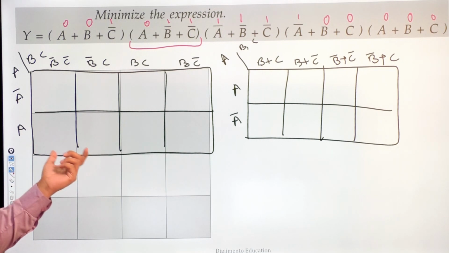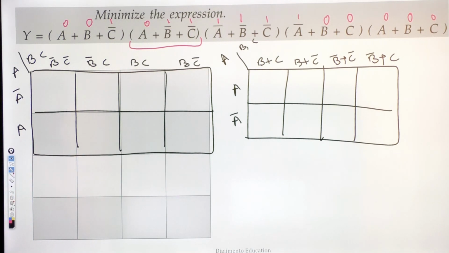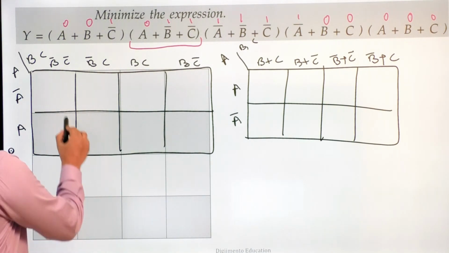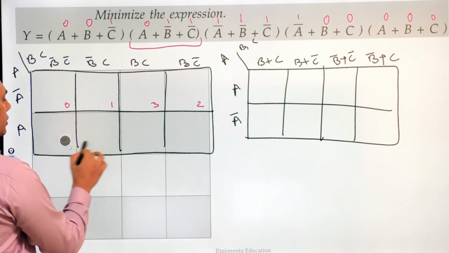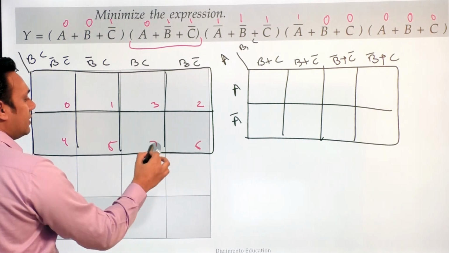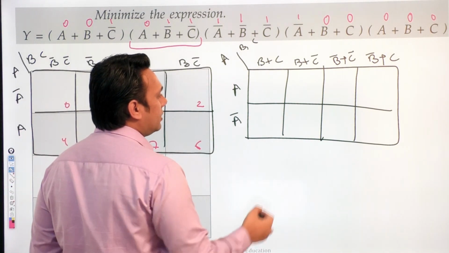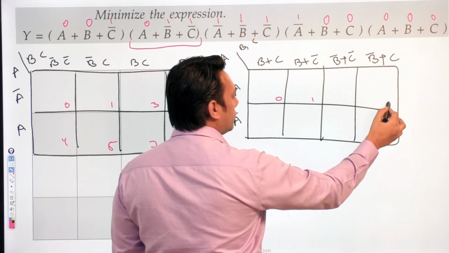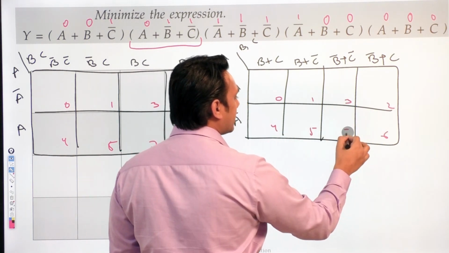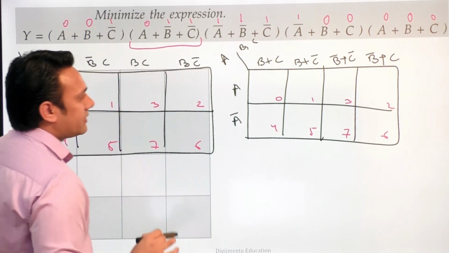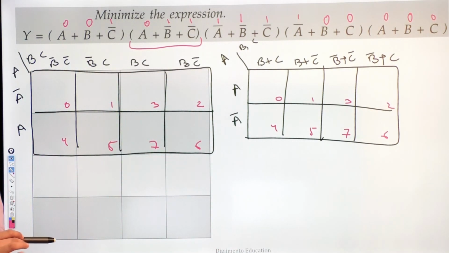दोनों जो k-map है वो एक ही चीज को represent कर रहे हैं. Even if I try to give numbers here, I can also give the same number here, which is 0, 1, 2, 3, 4, 5, 6, 7. The same number can be represented here 0, 1, 2, 3, 4, 5, 6 and 7. So numbering is exactly the same. Okay. Now let us look at each of these combinations one by one.